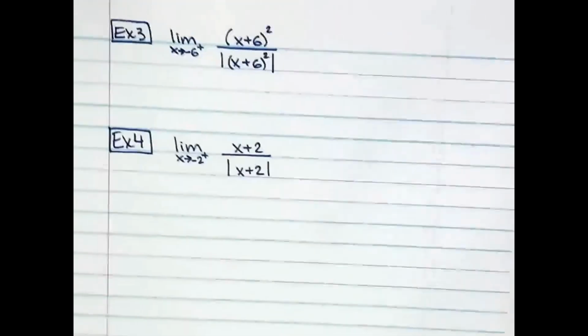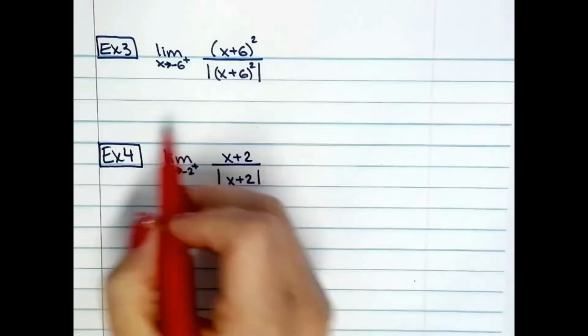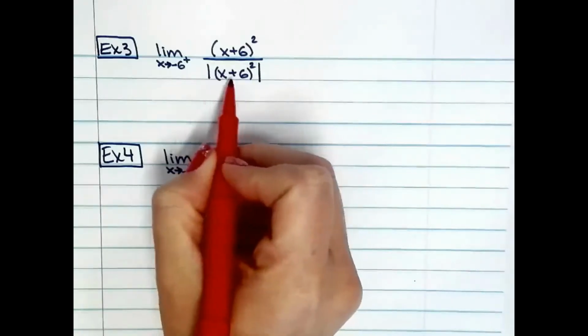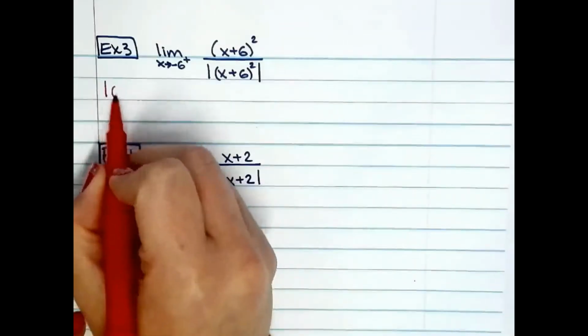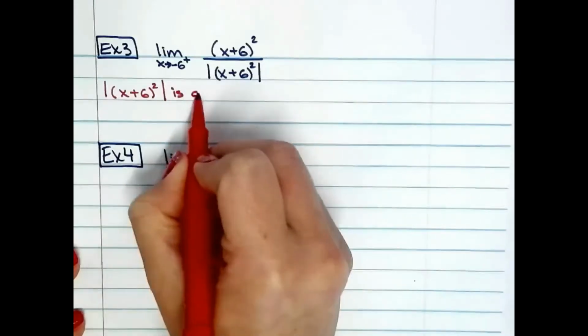All right, I have a whole more different examples. Number 3 is kind of easy, but I will break it down to you why this is easy. Because I know when you look at that square and the absolute value, nothing makes sense to you anymore. But let's think about this. So when you're squaring something, whatever that is, it's going to end up being a positive value. So since this squared and absolute value is always positive,